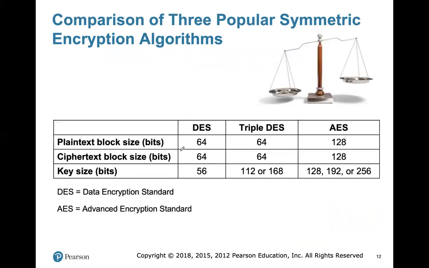Here is the observation. Let's talk about a few encryption algorithms that we know. We have the DES. Here is the important thing: the DES key is 56 bits. So the key space is 2 to the power of 56. We have triple DES with this number of bits for the key. And we have AES, or Advanced Encryption Standard, with this number of bits for the key.